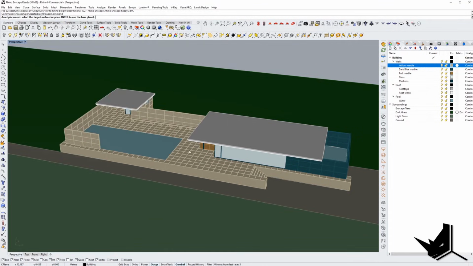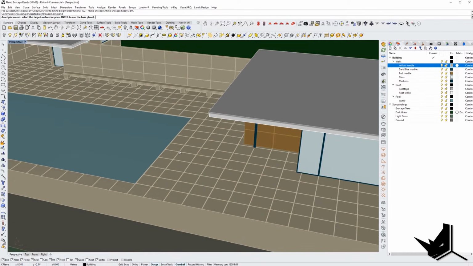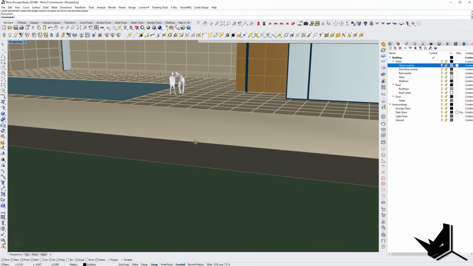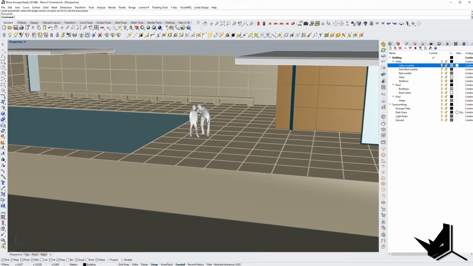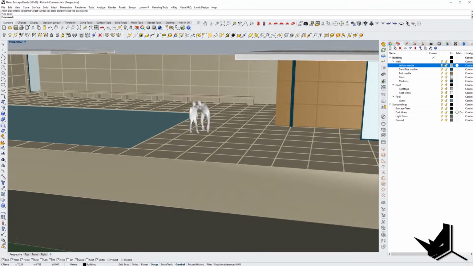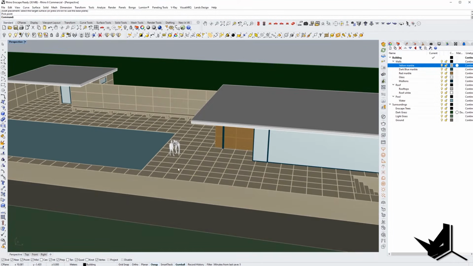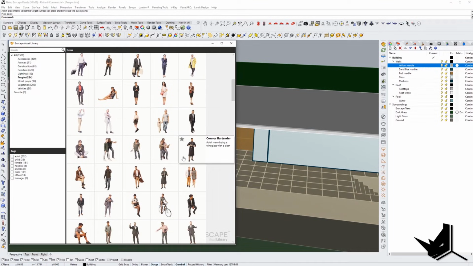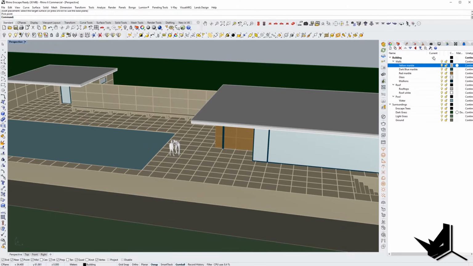So for example, let's choose this model, and it's gonna ask us where we want to place it. So I'm gonna click here, and that will automatically place the object here. And this is how the model would look. And of course you can put as many people as you want inside, but before I go on,